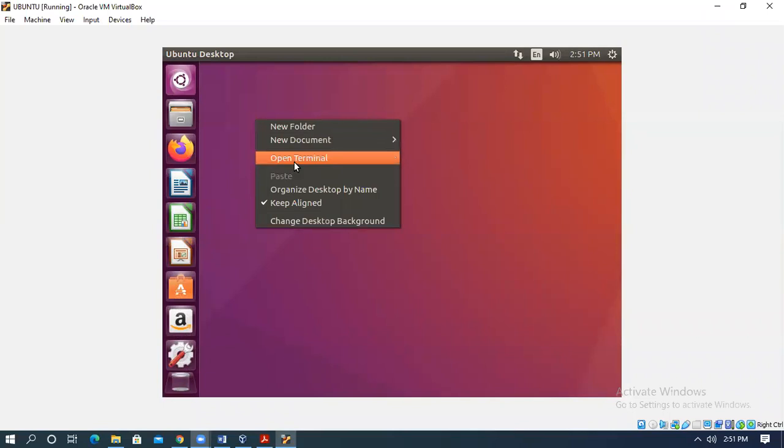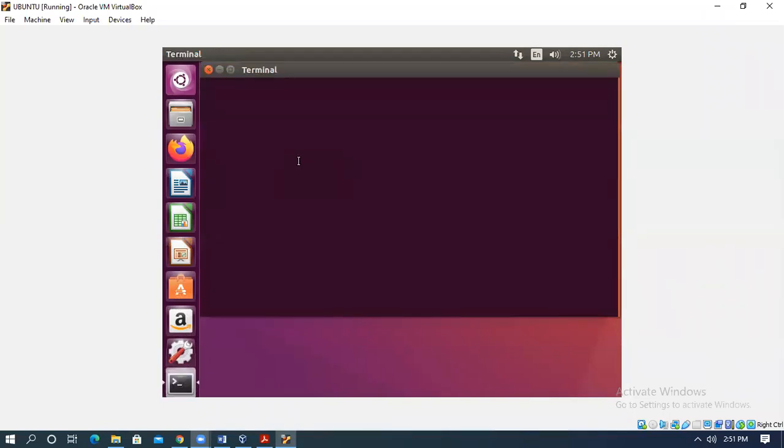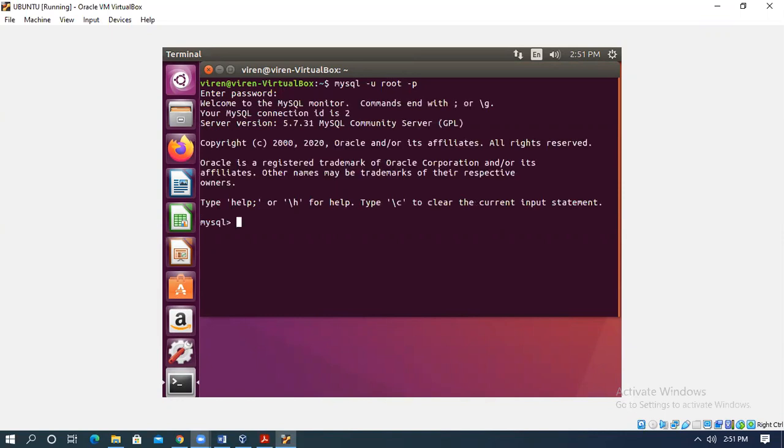So we'll go to the terminal. We'll type the command mysql -u root -p. The password is again root. In your case, you have to give your password.